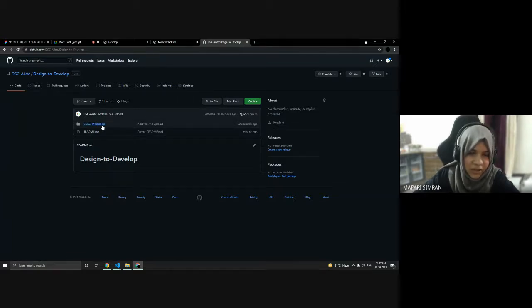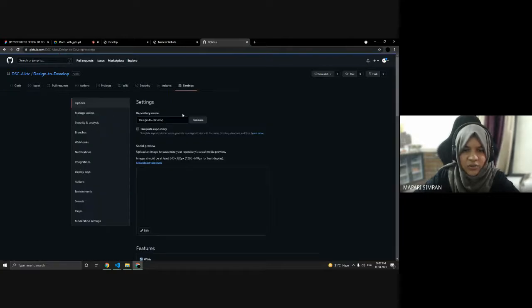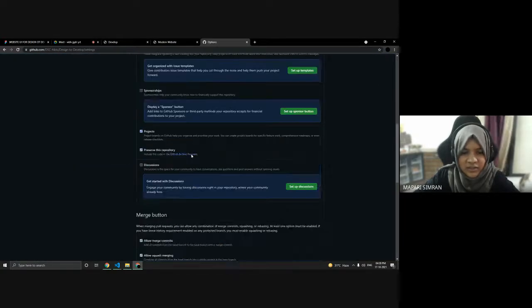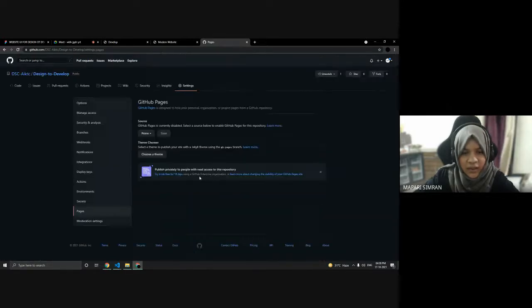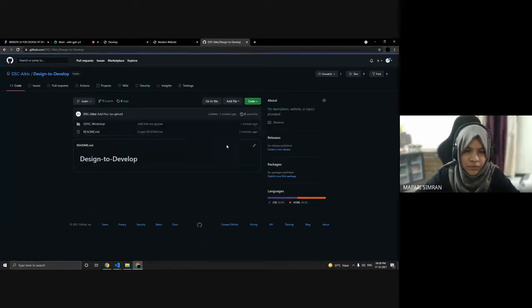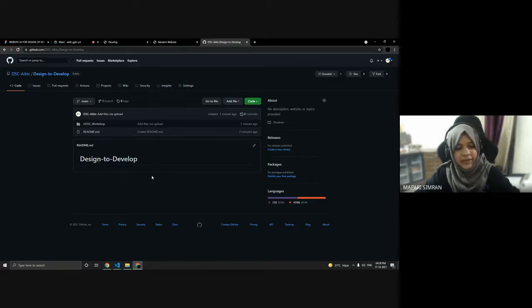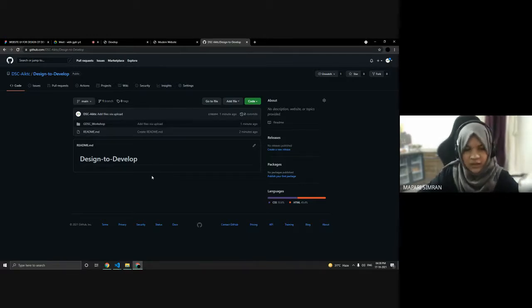So you'll have to add that, and after that you can just go to settings, go to GitHub Pages, and select your branch and save. After that you will get a link, and your website will be deployed. So you have to add your code and deploy that, and that link you can share with anyone to show your website. So till here, if you have any queries, you can ask.